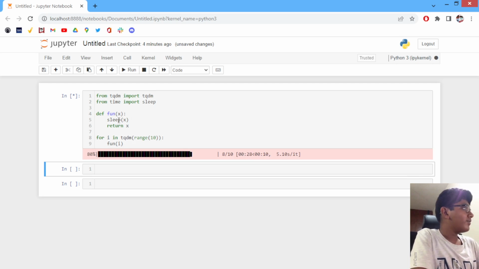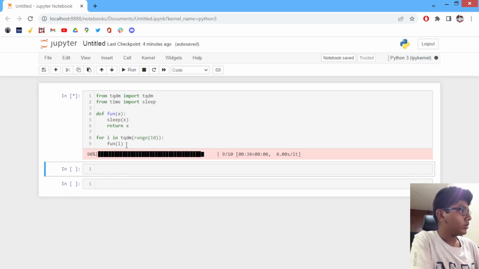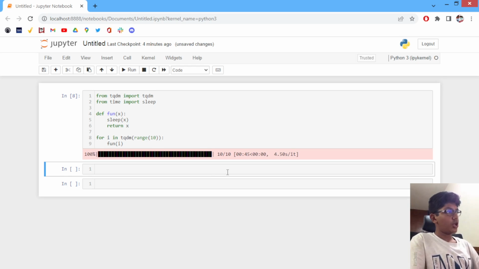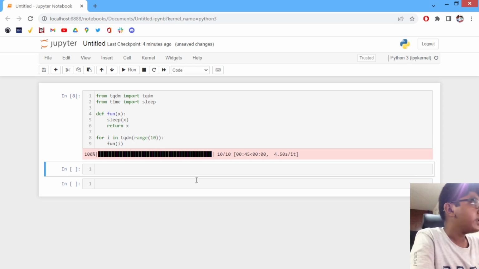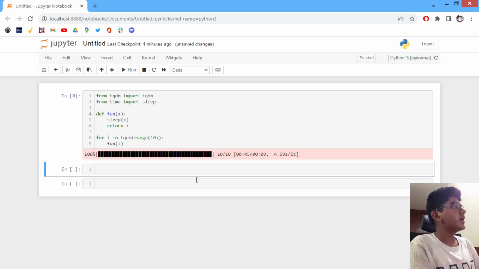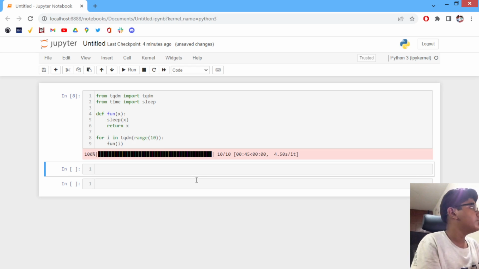So what we are doing, we have a function in which we are sleeping for a certain amount of time, then we are returning x. So whenever one iteration of the loop is done, right. Okay, let's see, 45 seconds. So this was done in 45 seconds, right? Because after every loop, when we did first, we called fun(i)